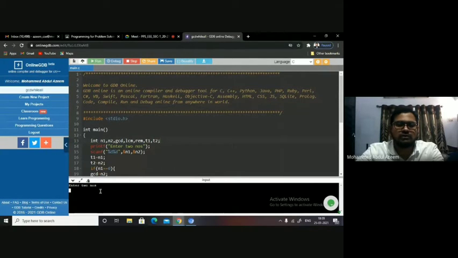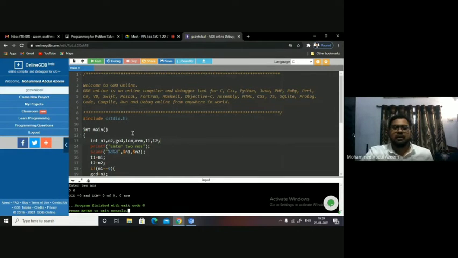If I give 12 as N1 and N2 as 0, then GCD is 12, LCM will be 0. Okay. And now give both the values as zeros. So if I give both the values as zeros, you will find 0, right? I hope this is clear to all of you.